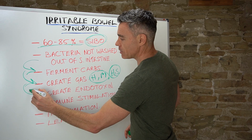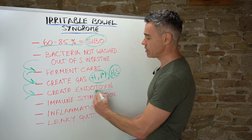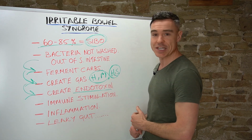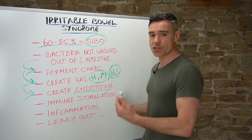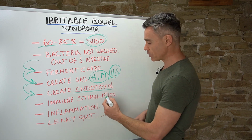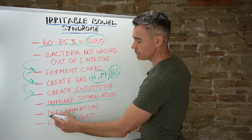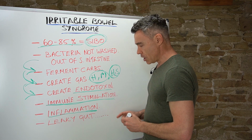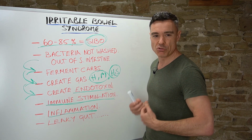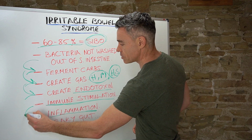These bacteria also produce compounds called endotoxin, or LPS, lipopolysaccharide. Endotoxin is the easiest way to say it. And these endotoxins are very irritating to the immune system in the digestive tract. And so you get a lot of immune stimulation in the GI tract, and then you get inflammation. You get this nasty scenario in your digestive tract where it's all inflamed and red and painful, right? And ultimately that can then lead to leaky gut